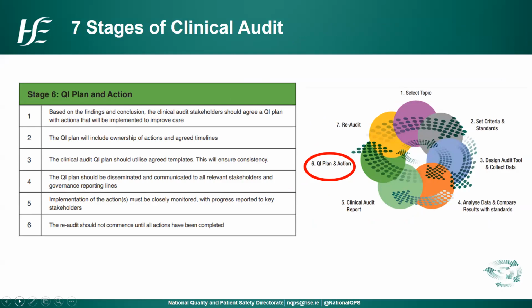But as I was saying earlier, the first thing to consider in your clinical audit is your identification of your clinical audit stakeholders. So if you've done that at the commencement of your clinical audit cycle, they should still be there and available to you and on board when you're coming to agreeing your quality improvement plan. Your quality improvement plan will include ownership of the actions and the agreed timeline. So if you are the lead for the clinical audit or the person who's undertaking the clinical audit, you may not be taking the ownership for the actions. So again, looking across your multidisciplinary team, who the owners of those actions will be